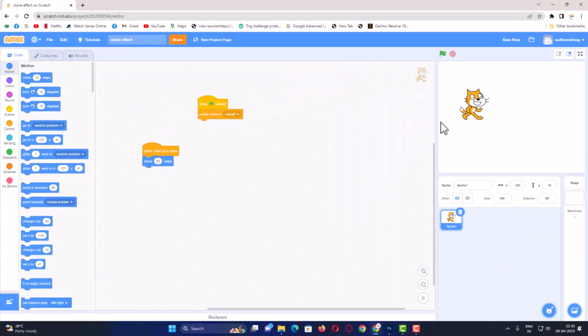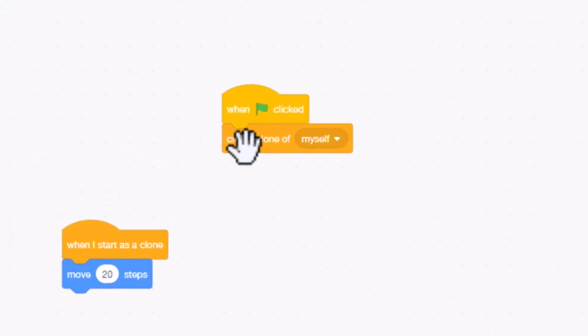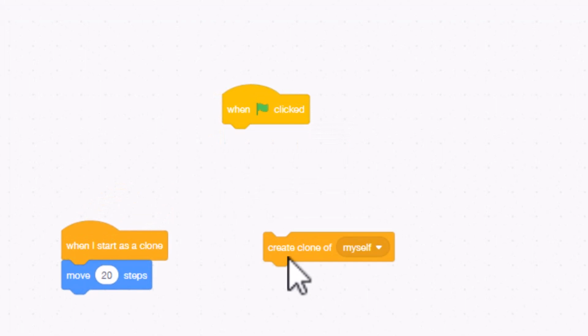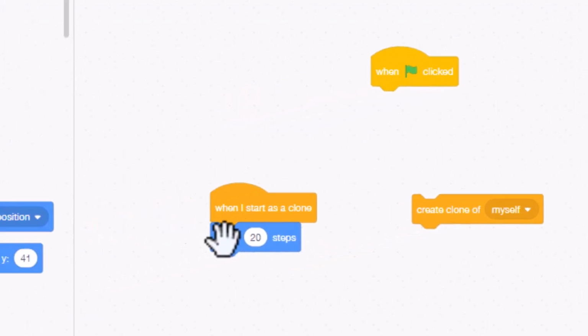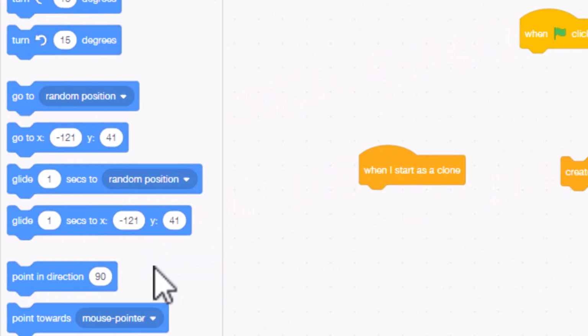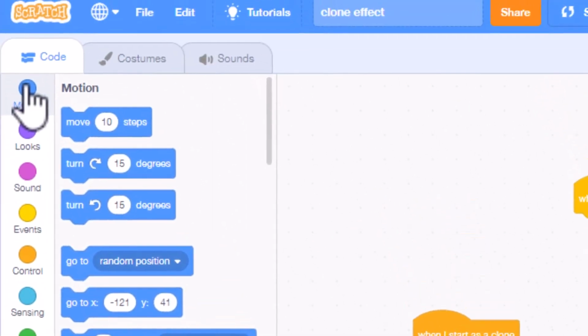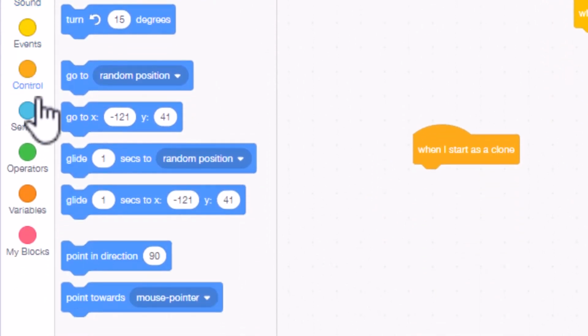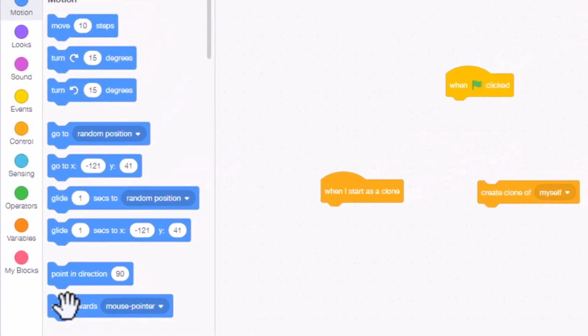Now I am going to introduce you to one very good effect in Scratch which you can attain with the mouse. So for this I will temporarily remove this create clone of myself. I will select this move 20 steps, drag it back, and I will delete it. Now in the motion, if you see here, you have one feature here, point towards mouse pointer. So, if I drag this point towards mouse pointer and put it on when flag clicked,